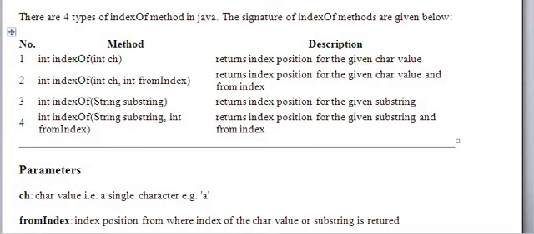We'll see the demo programs for all the things. Third one, substring, returns the index position of any given substring. And fourth one returns the index position of any substring from a concerned index.